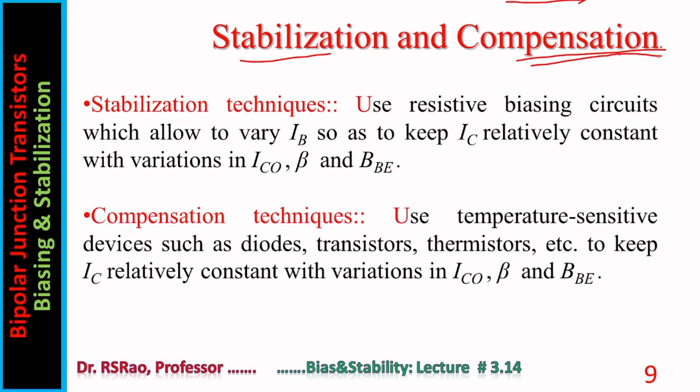We want the operating point located at a particular place. But after design, when the transistor is put to use, initially for a few seconds or milliseconds, the operating point may be there where it is supposed to be, but then it starts drifting, it starts moving